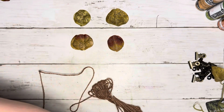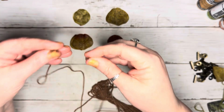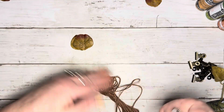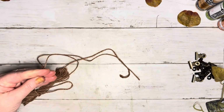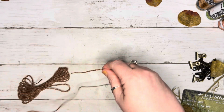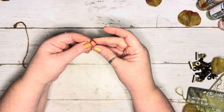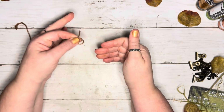Let's see, I have one already pre-cut, so I'll know what size I need. Just put my little pairs aside. That's about the longest length that I will want. So I'm just going to snip it off. Put that aside, and I'm going to tie a knot. If you're going to sew these, you can glue these. I'm going to stitch around these,